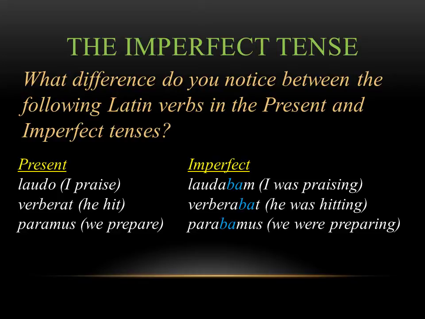In particular, we're talking about these two letters in the imperfect, the BA. This is what's known as an infix. And what's happening here is this is the marker to tell you that you're looking at an imperfect verb. The BA goes in front of our endings, and it's telling you this is happening in the past, this is the imperfect tense. So you always want to be on the lookout for a BA that's been put inside your verb.